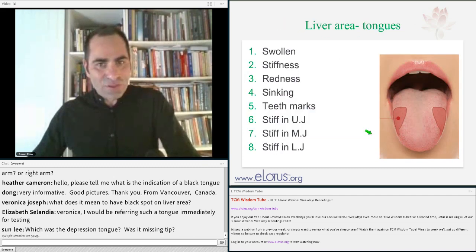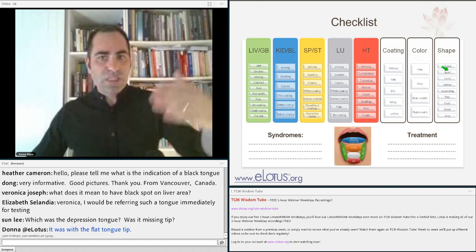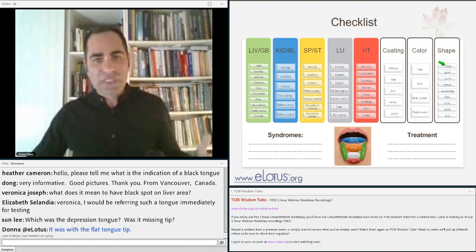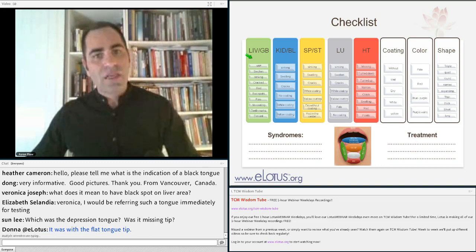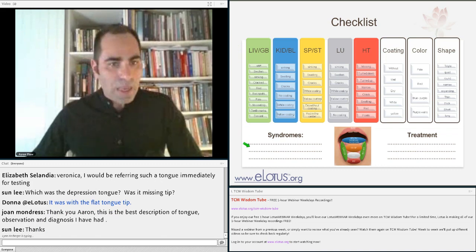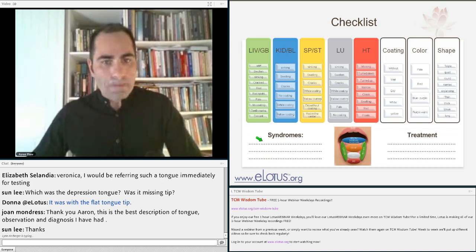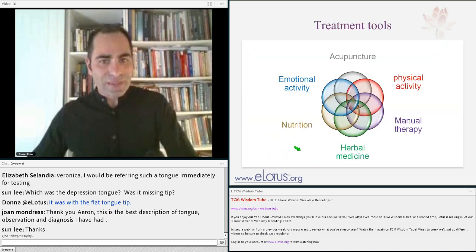indications. I will go through that briefly, and 8 indications for the liver, gallbladder area. So again, I will go back to the checklist after we saw all that and we understand each one of the signs and the syndrome that it represents. We can see all the indications and create a whole, I will say, syndromes and treatment that we can